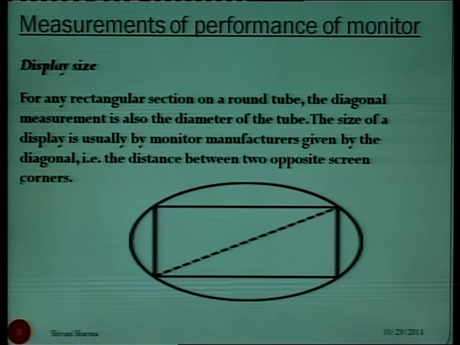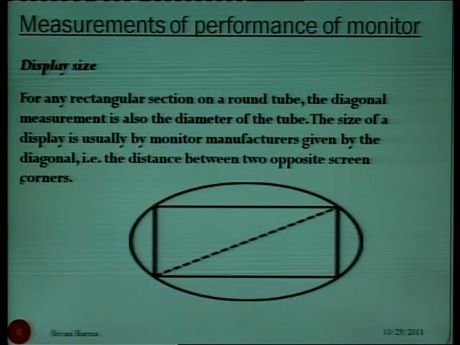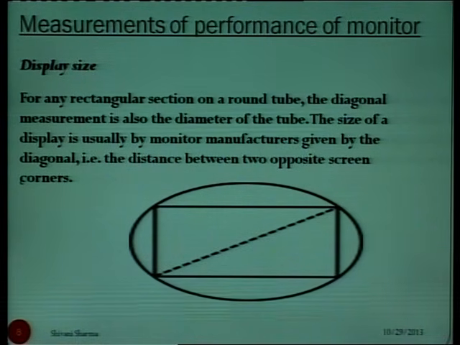So, next is the display size. For any rectangular section on a round tube, the diagonal measurement is also the diameter of the tube. Means if we are considering a round tube, and in that we are taking a rectangular section, the diagonal of that rectangular section is considered to be the diameter of the tube, and the size of the display is usually